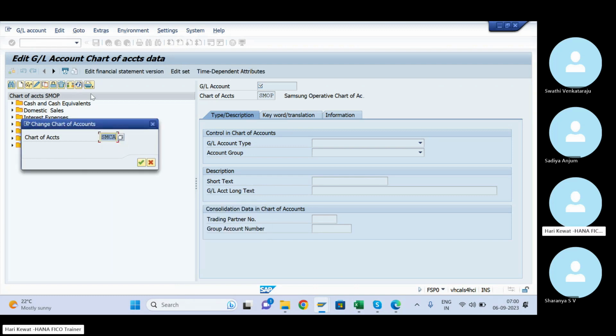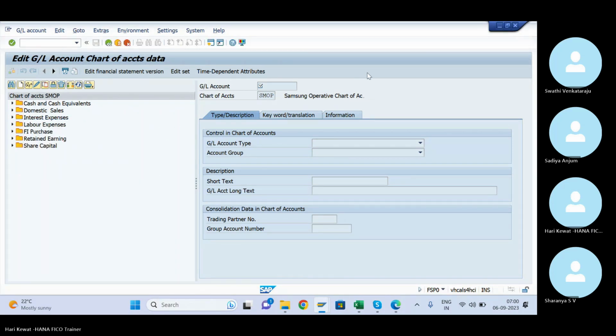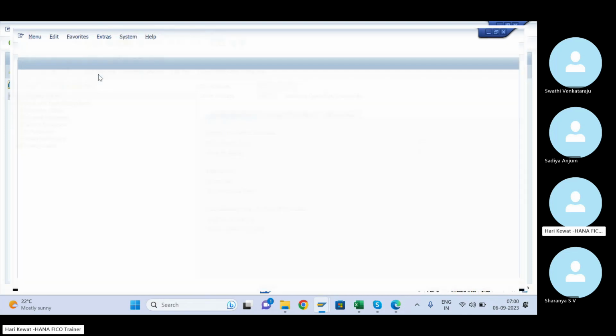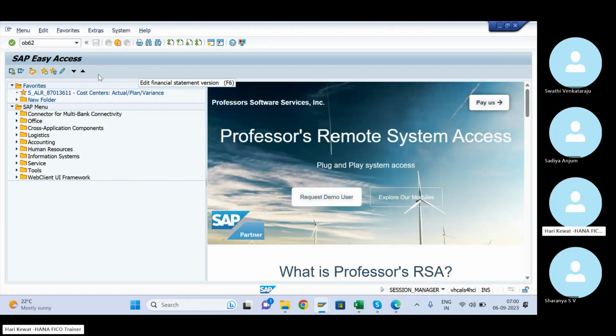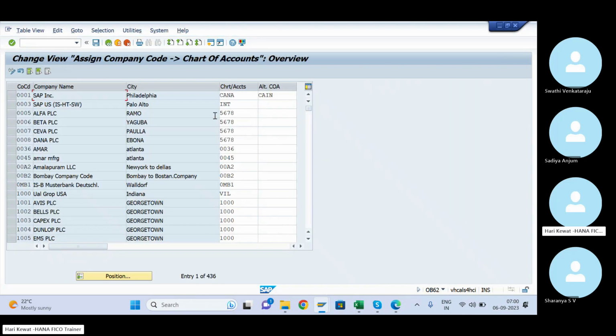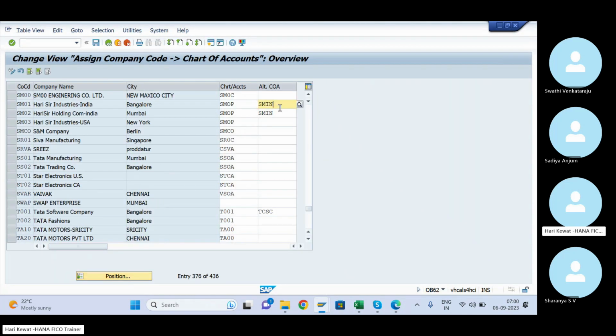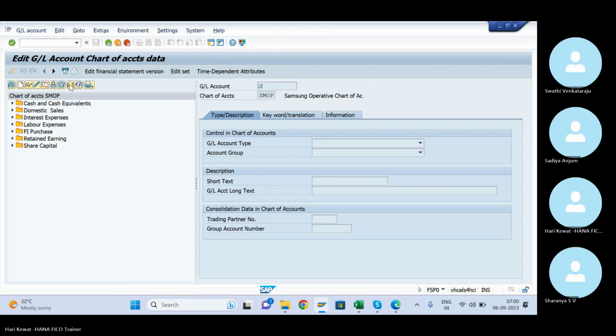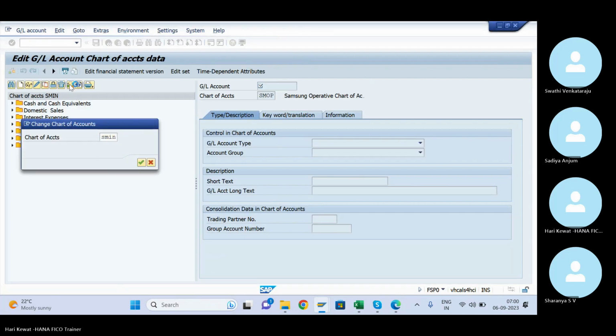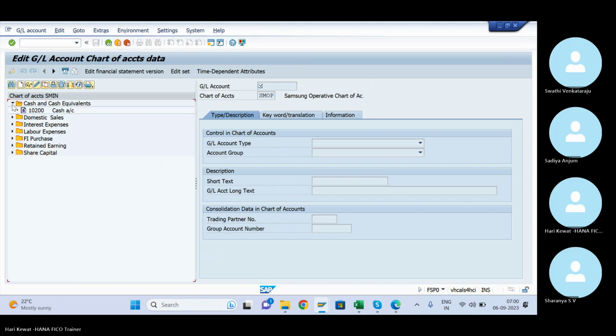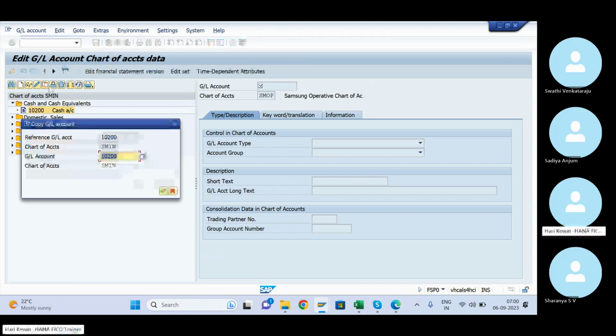Anybody remember what country specific chart of account we have created? No problem, if you don't remember. SMIN we have created. Okay, so here only let me create a copy.